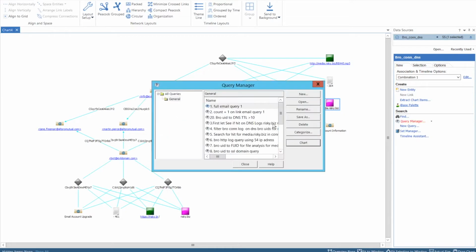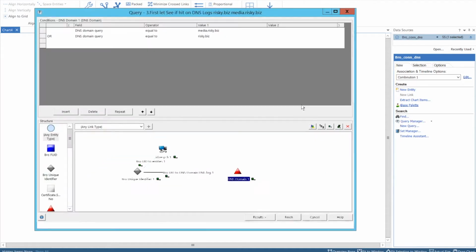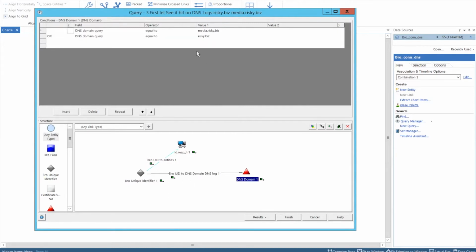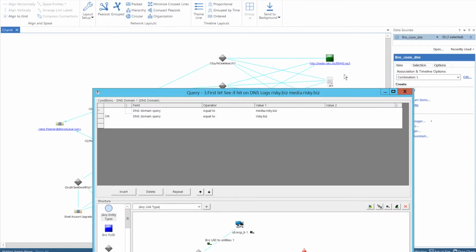Probably the easiest way to see if there was a hit on somebody opening up one of the links is to examine the DNS traffic. DNS traffic from the domains of our phishing attack will be indicative that some of our employees opened the email. This is a simple query in our repository that will go and look back at DNS records matching the domain of our traffic. In this case,